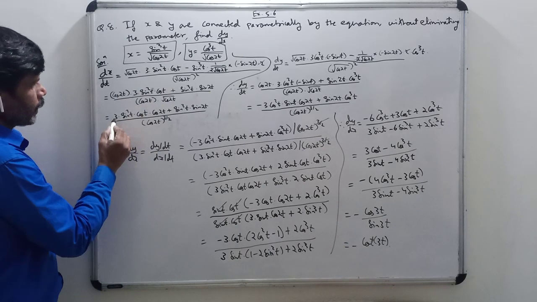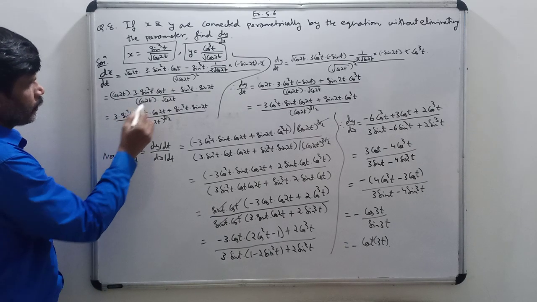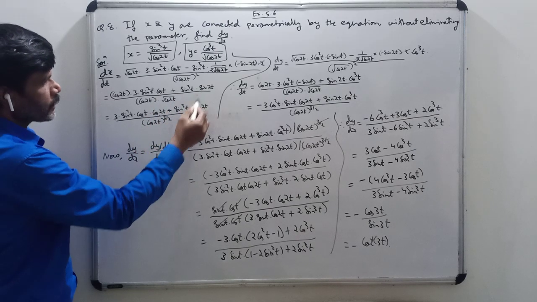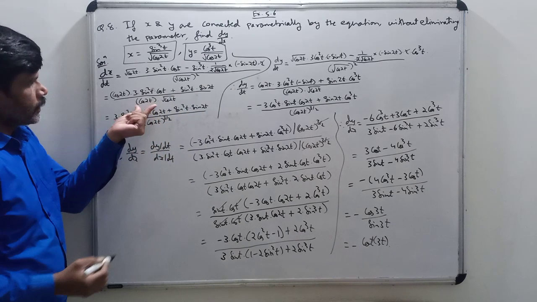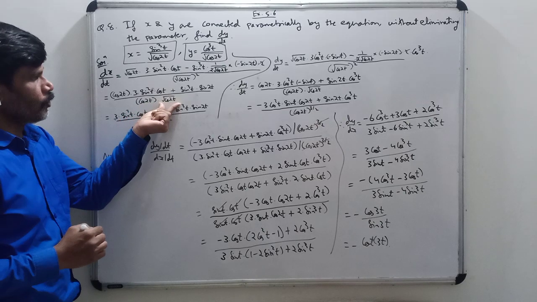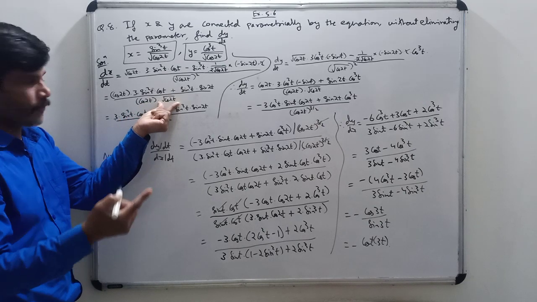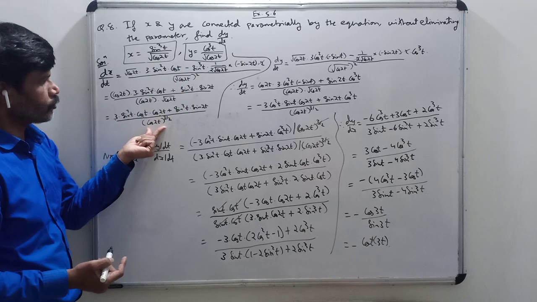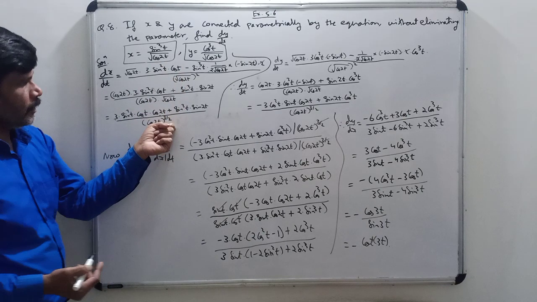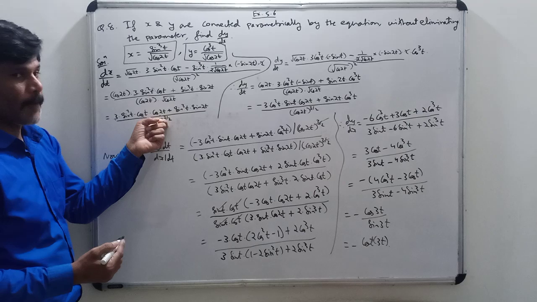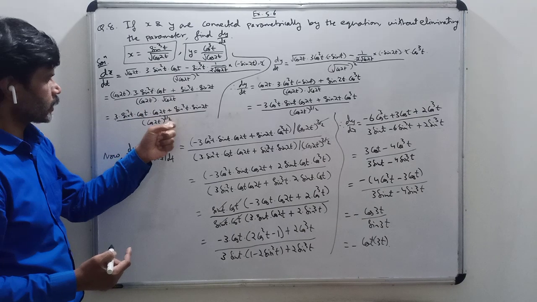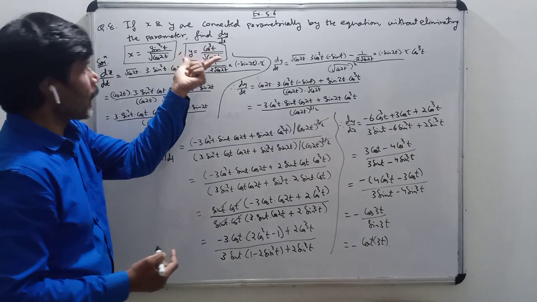Now this 3 I am writing here, sin square t, cos t, this cos 2t here I am writing, plus sin cube t as it is, sin 2t as it is, whole upon this cos 2t raised to 1, and the root of cos 2t means cos 2t raised to half. So cos 2t raised to 1 plus half. So that will be what? Cos 2t raised to 3 by 2. Rational indices formula, a raised to m into a raised to n will be a raised to m plus n. So cos 2t raised to 1 plus half, 3 by 2. Okay, now I am finding what?